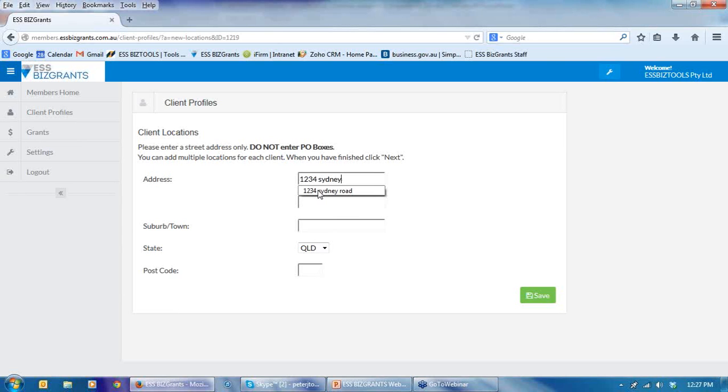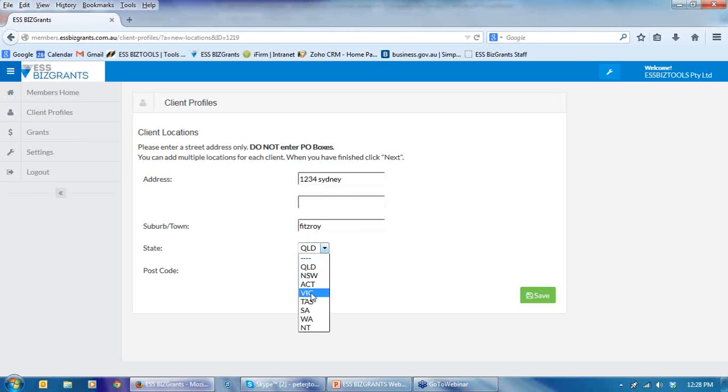We've now gone through to the details of the location of the business. I couldn't spell Fitzroy, could I? What is that in?